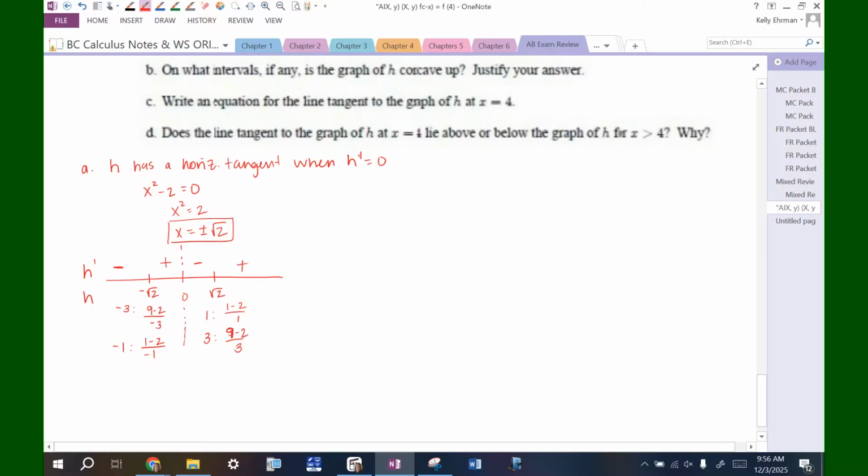That's positive. So remember, h does not exist at 0. They've told us that. So even though we change signs at 0, that's not a relative extrema. It's probably just a place where h is unbounded. But h goes from decreasing to increasing, decreasing to increasing. So at x equals plus and minus radical 2, those are both